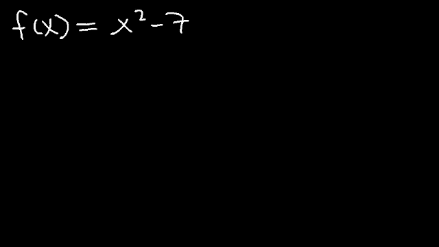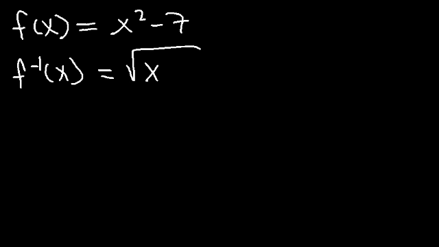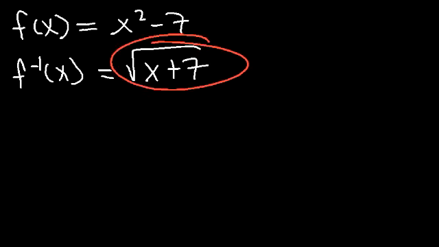So we found the inverse function already. We said that the inverse function with respect to x is the square root of x plus 7. We're going to ignore the plus or minus for now. But this is the inverse function. So all we've got to do is differentiate the inverse function after we find it using algebra techniques. So the derivative